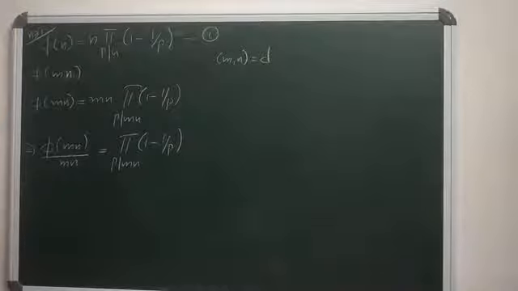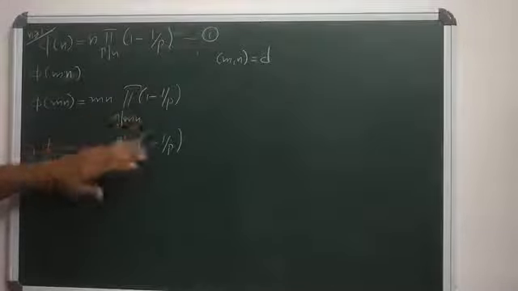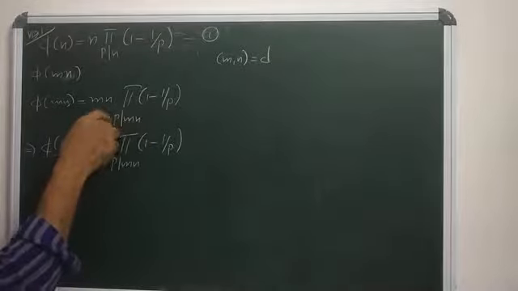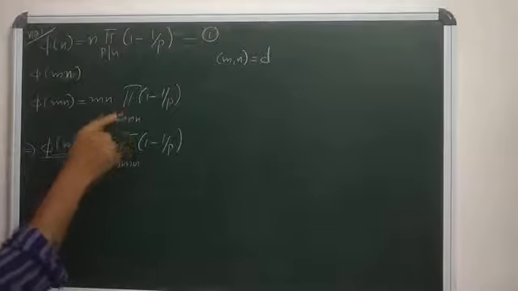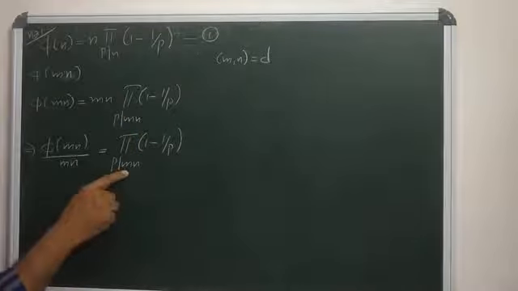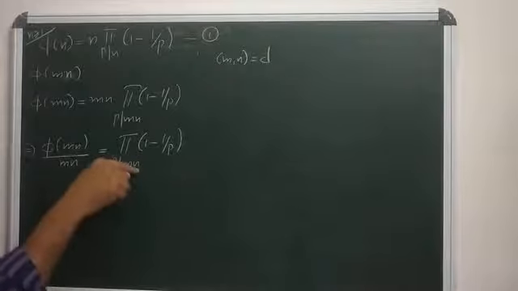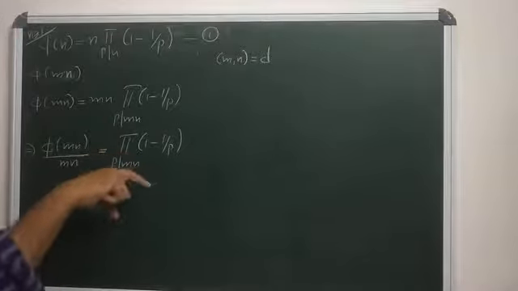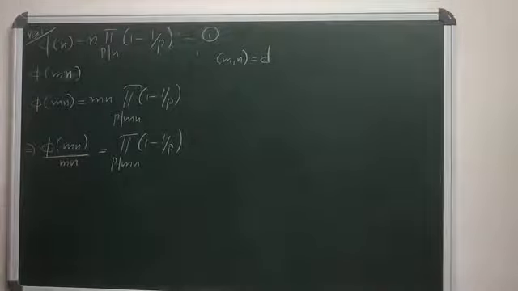Each prime divisor of mn is either a prime divisor of m or a prime divisor of n. Also, those prime divisors which divide both m and n will divide the GCD of m and n. Clear? Each prime divisor p of mn divides either m or n. If p divides both m and n, then it should divide its GCD. So this can be rewritten as